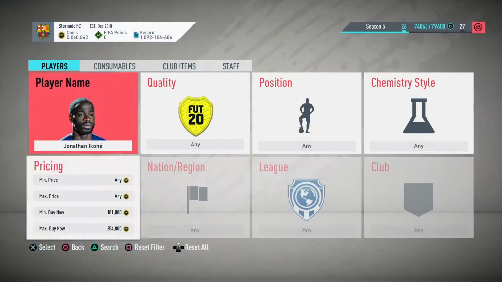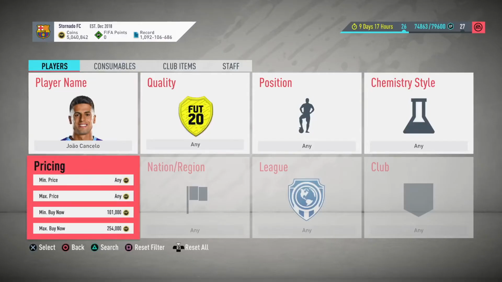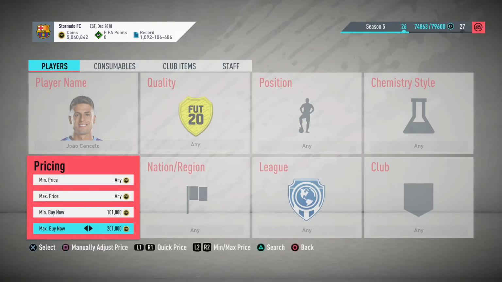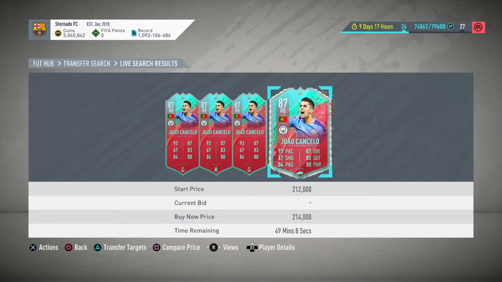So there is Ikone as well, another guy which is currently low because of the Foot Birthday SBC. I can guarantee you guys those cards will all rebound, the Foot Birthday ones. There will be a lot of buying happening after the SBC drops, and they're already rebounding. Like before I get kicked out from the servers by EA,